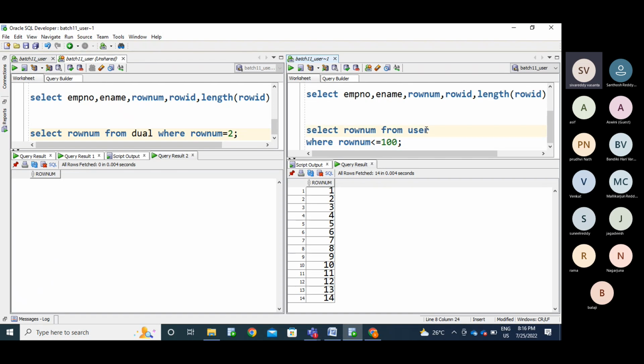So if I want to get that, I need to use user_objects. See, now you may see up to 100. In this also we have 81 objects, 81 tables, so you are getting up to 81 numbers. So how can we display this 100 times? In this place, if I use level,